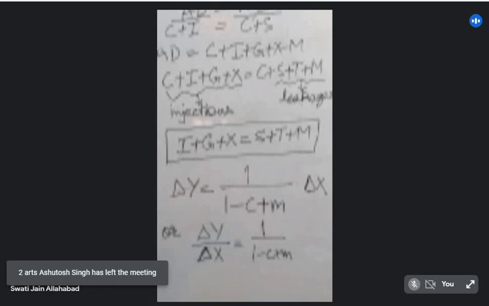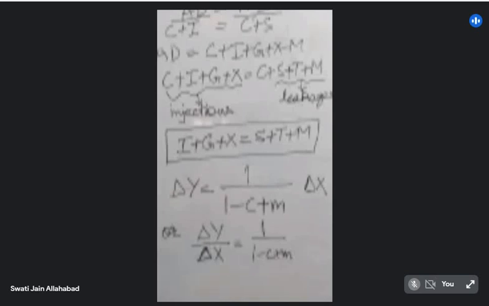But generally, in a normal situation, we will find that export will not depend on the level of income. It can depend on the level of exchange rate, but not on the level of income, because income is the domestic income. There are separate theories which talk about the factors determining export and import, but here in our aggregate demand theory, we don't consider those factors. Okay, so import is a leakage, but export is an injection.